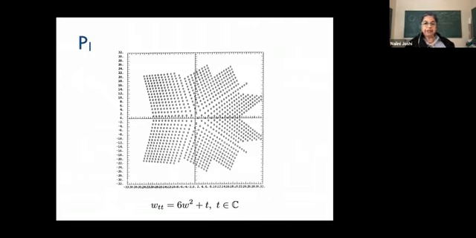This is a very old picture that I like to drag up every now and then. This is actually a snapshot in the complex T-plane, which shows the locations of the movable poles of a specific solution of Painlevé 1. Don't worry about the jagged edges. The picture is supposed to continue forever. It's just where the numerics stopped.